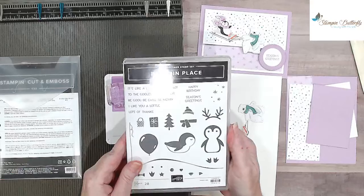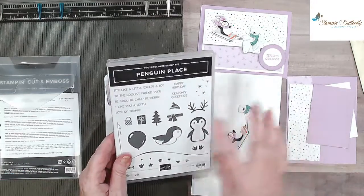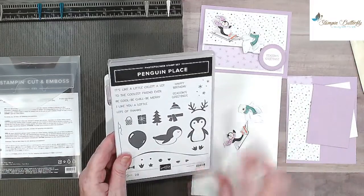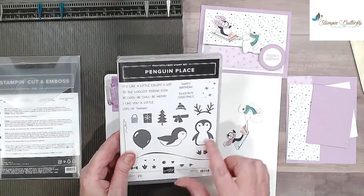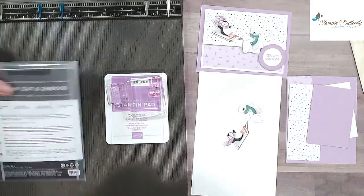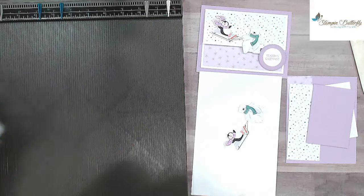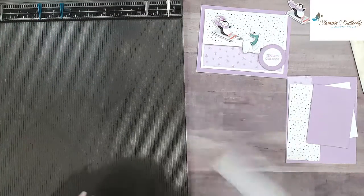So this is the stamp set, and we're using the season's greeting from this. Now, if you don't have this paper, you could always change it up for anything you wanted, and you could stamp and punch out the penguin. And he's really cute too on his own, so you could do that. All right, let's move some of those guys out of the way. And let's see what our